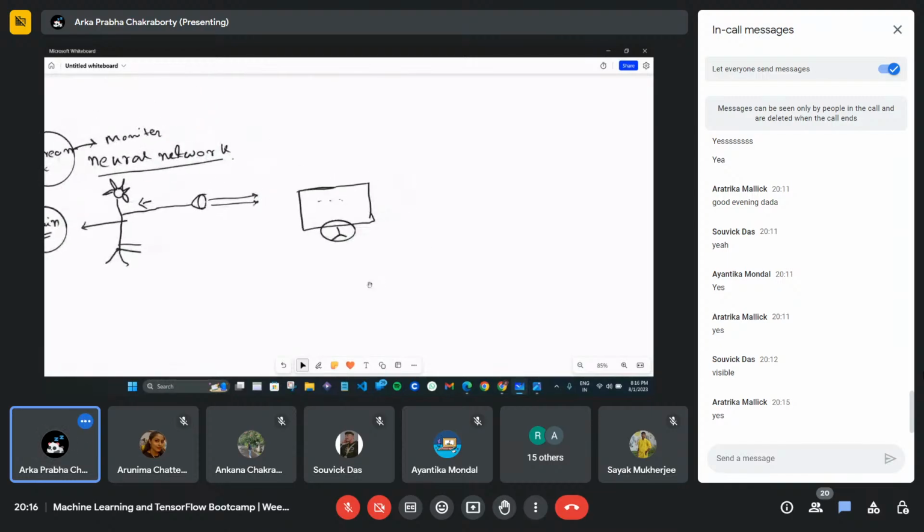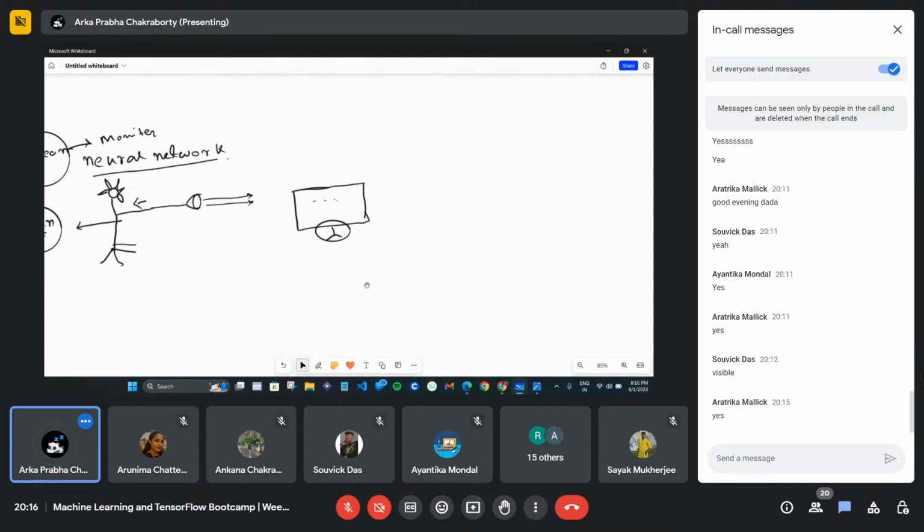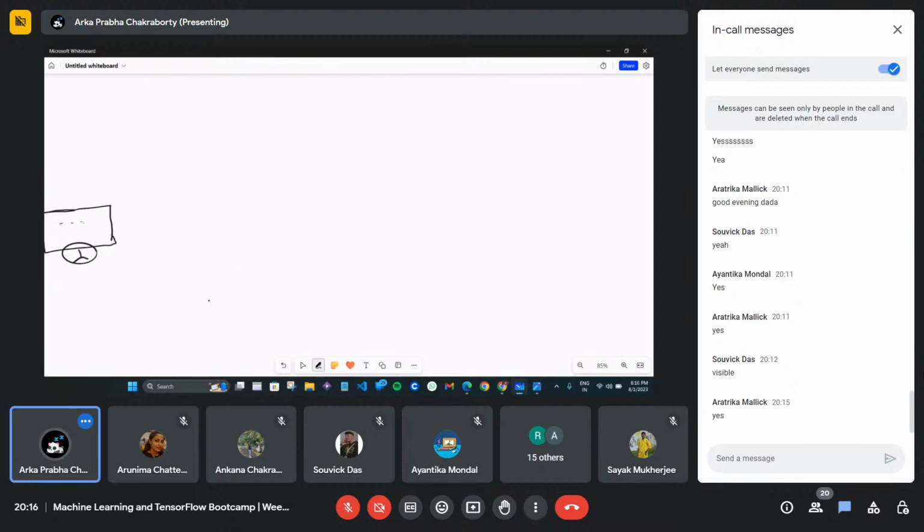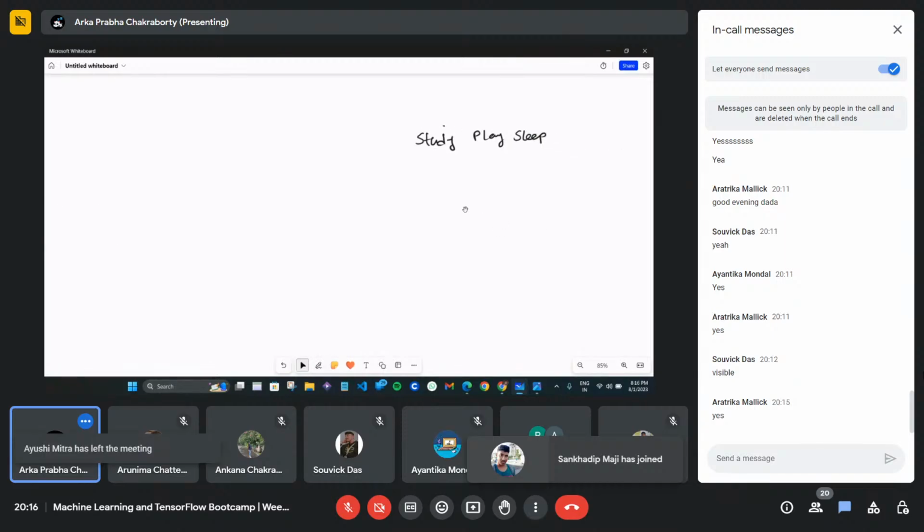So how will we be able to implement this at a computer level? For that, let me consider some values, some data sets, like study, play, and sleep. This is my data set, and there will be a value of pass or fail.